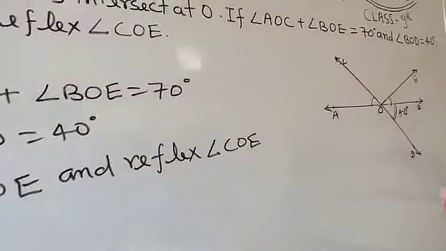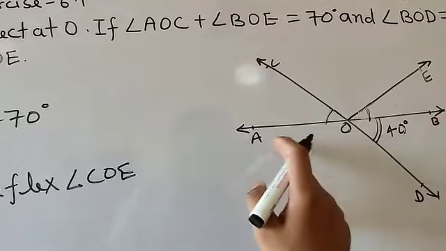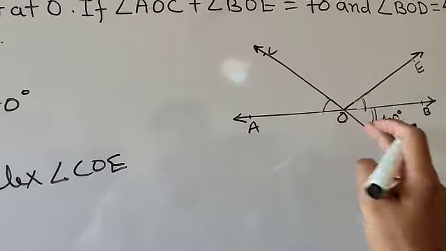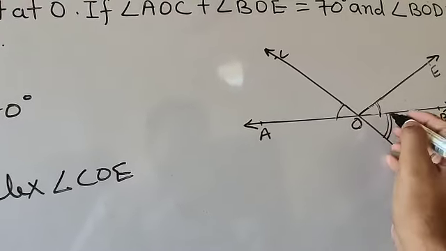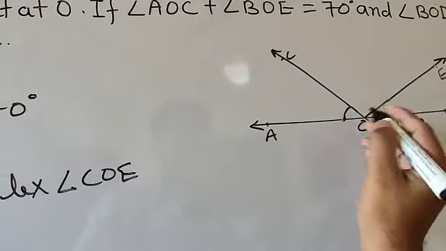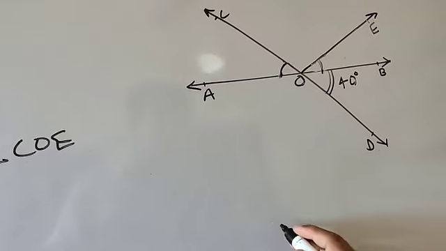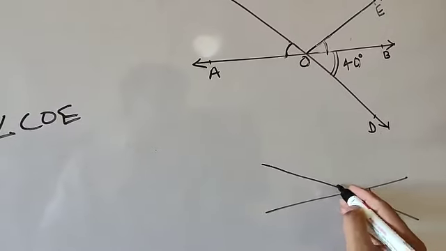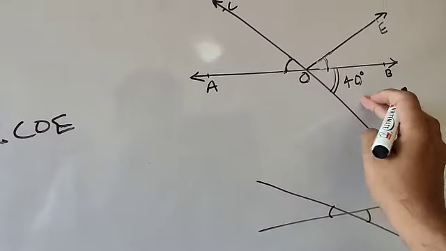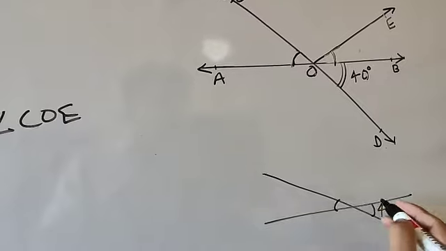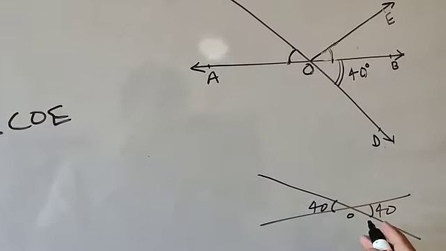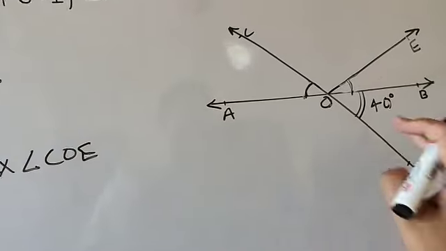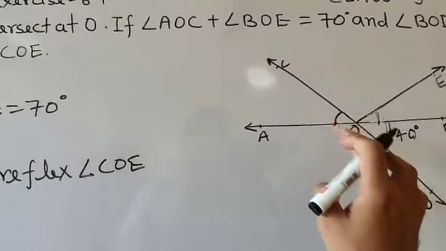Now students, in the diagram you can find that these two lines are intersecting. AB and CD are intersecting at point O. So if this is 40 degrees, then that is the vertically opposite angle. One line and a second line intersect like this, so these two angles are vertically opposite angles. You can match with the diagram. If it is 40 degrees, then the other will also be 40 degrees. So by the property of vertically opposite angles, angle AOC equals 40 degrees.